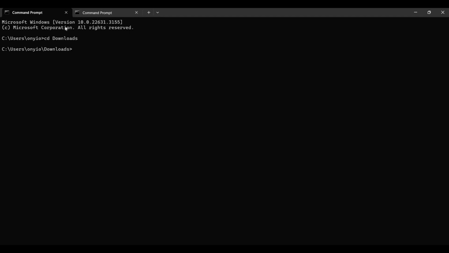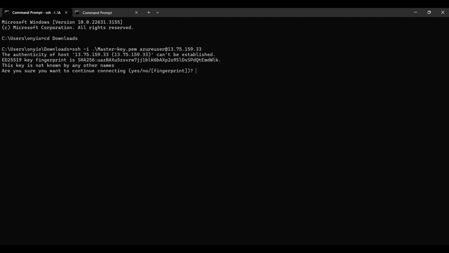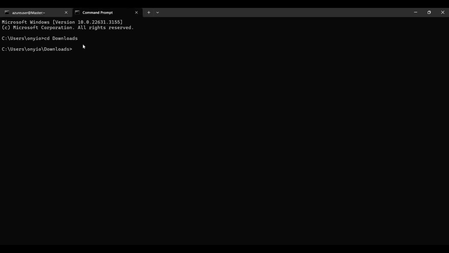So I'm done creating the master and the client VM. So what I'm going to do now is to enter into my CentOS VMs. Okay. While I'm doing that, so this is my master. I'm currently in my master right now. So you see here, Azure user at master. So let me also enter into my client machine,